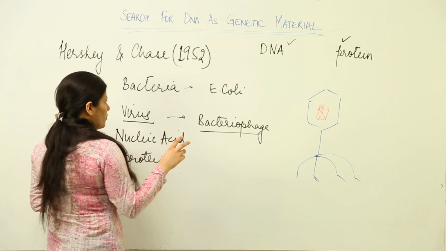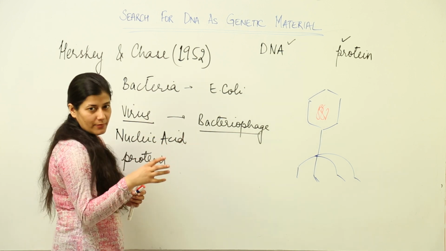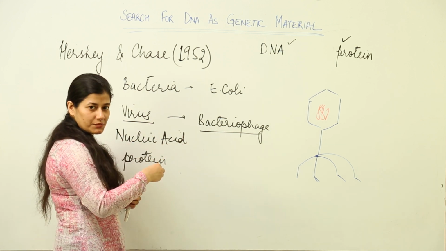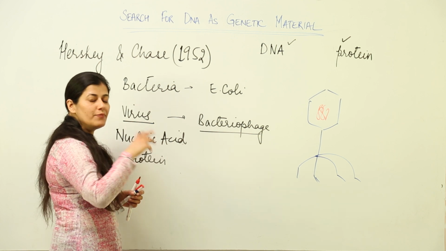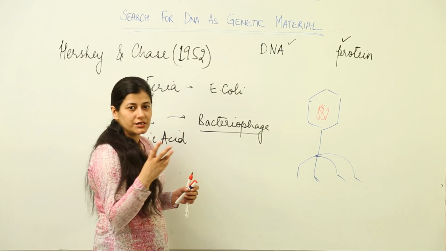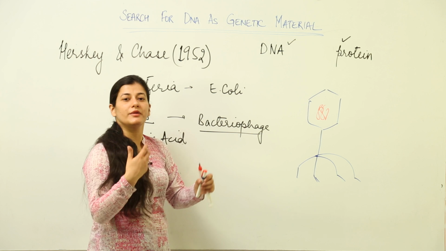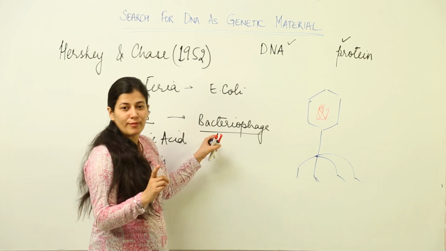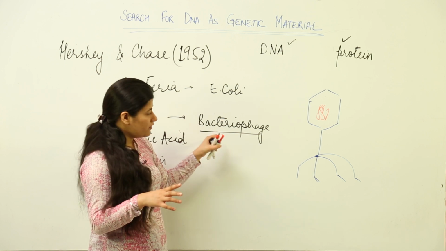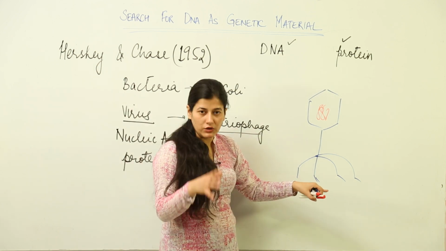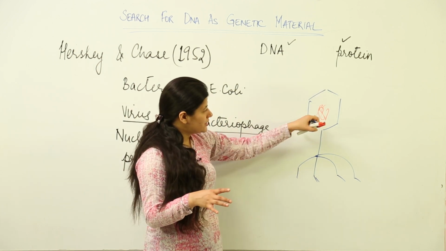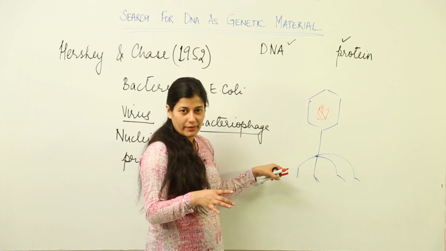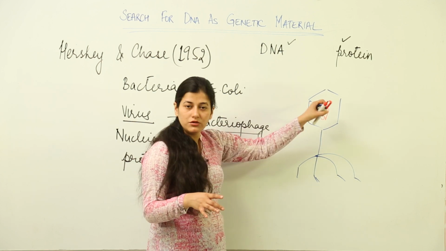Okay. So when the bacteriophage infects the bacteria, it sends its genetic material inside the bacteria. Bacteria considers that genetic material as its own and helps in replication of the virus instead. This is the work of bacteriophage. This is how it infects. Now what it does is, we know that it sends the genetic material inside the bacterial cell, and this protein coat stays out.